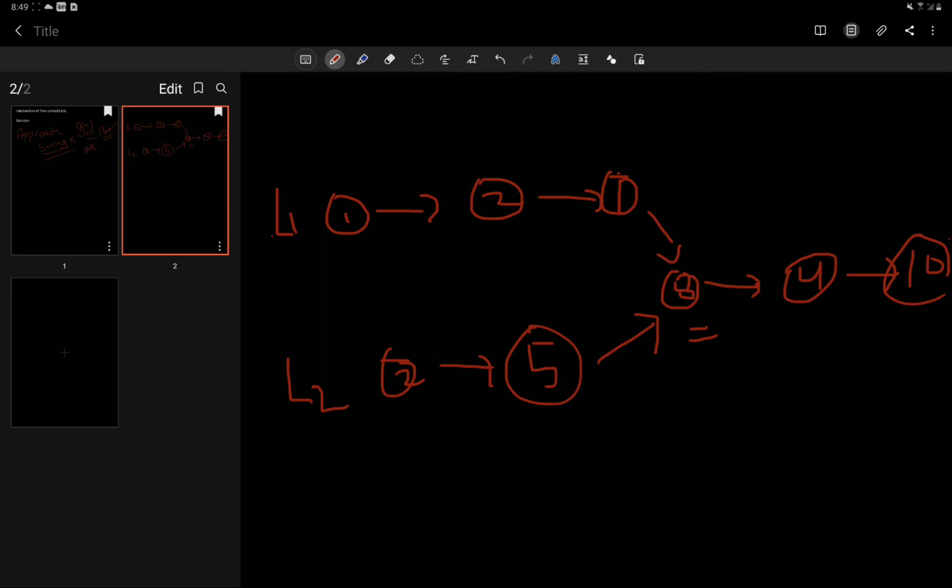Initially, this is one linked list that is given to us. Suppose this is linked list B and this is linked list A, and they both have this part C, let's say, in common. To find this common linked list C, if we start from both these positions and move to the next, we will reach up here. But it's not every time that we have linked lists with the same length.